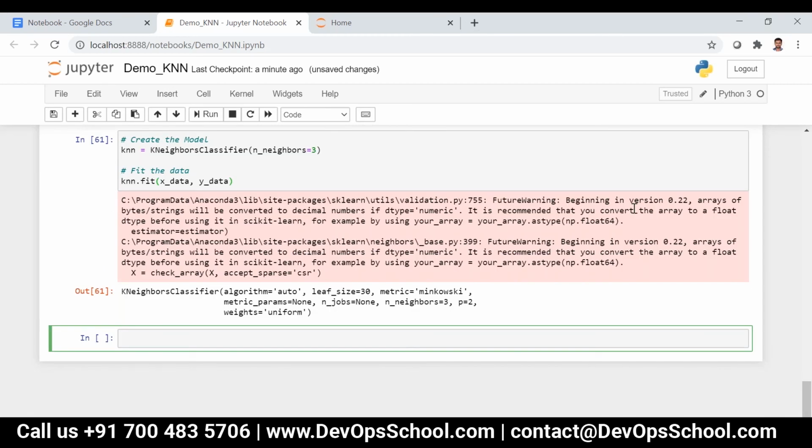It says arrays of bytes or string will be converted to decimal numbers if dtype is numeric. It is recommended that you convert the array to a float data type before using it in scikit-learn, for example by using your_array.astype(np.float64). That is what they are telling us.